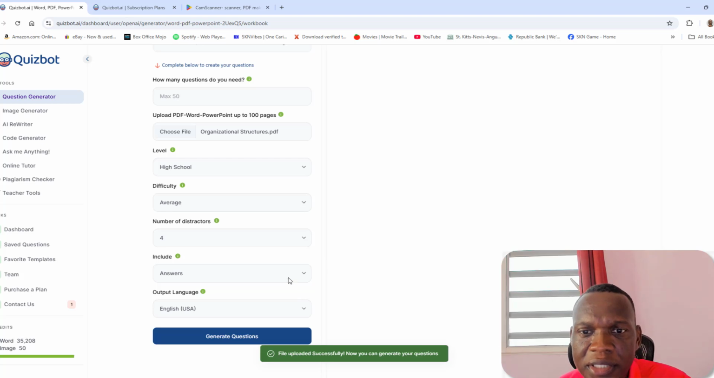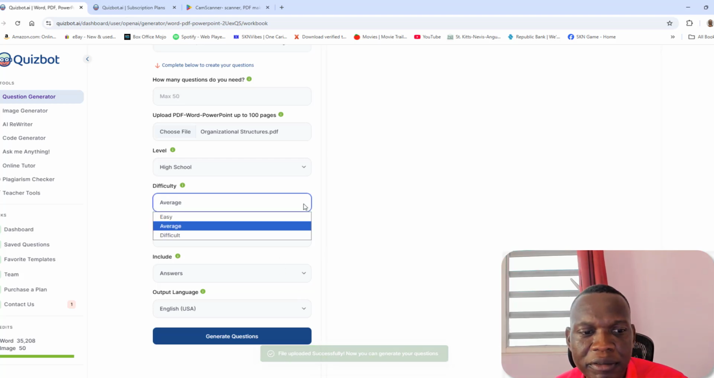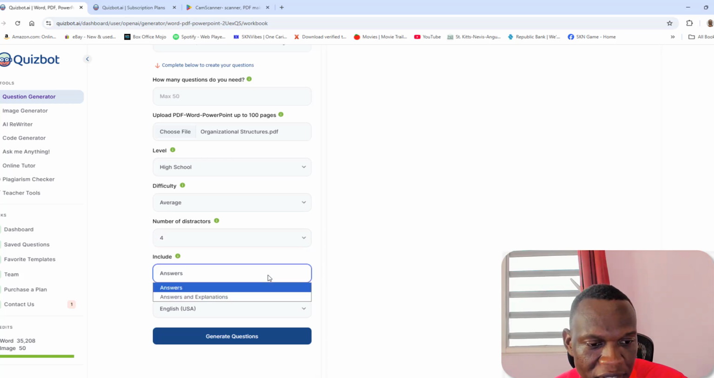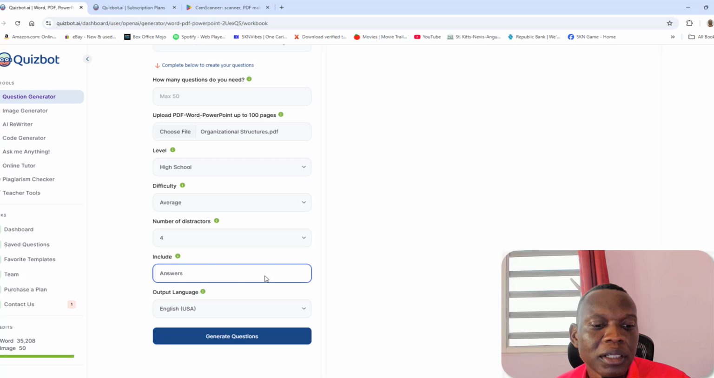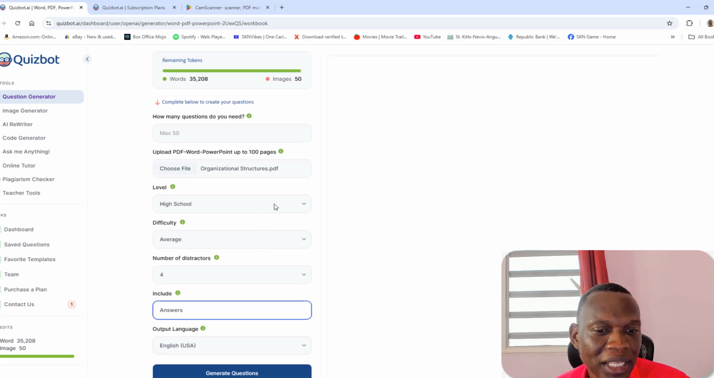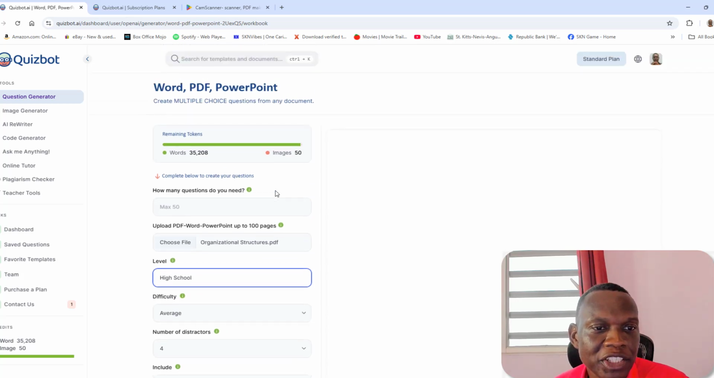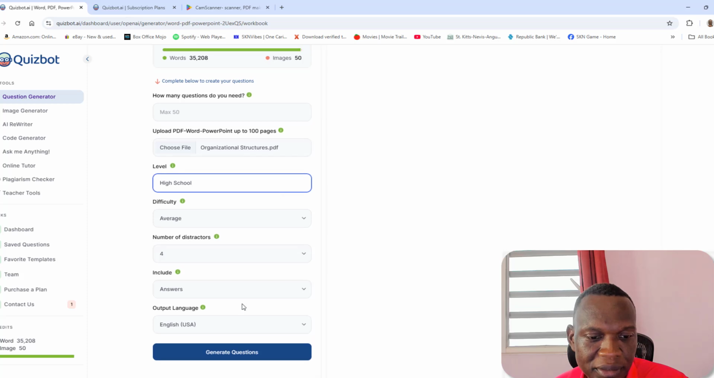I can choose the difficulty of the multiple choice from easy, average to difficult, and the number of options. Of course, include the answers with the output, or answers and explanation. You can do that. Then you can choose a level: elementary school, middle school, high school, university. And let's generate a PowerPoint. No, sorry, multiple choice questions. So let's click generate,